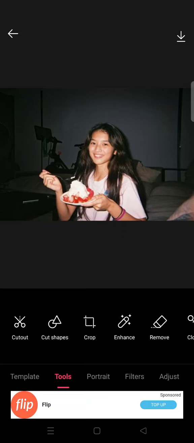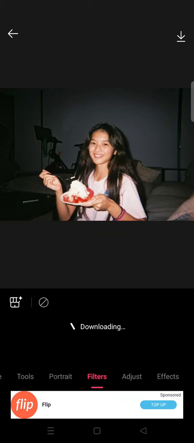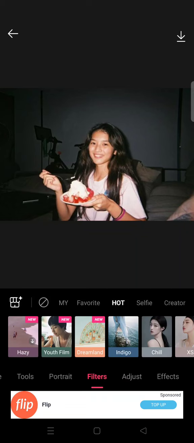So on today's video, I'm gonna show you the analog camera style photo editing tutorial in EPIK photo editor. So here I've already added my image. I actually got this image from Pinterest. So if anyone recognizes this person, I downloaded this image from Pinterest. And you can just add it to EPIK, and then you can just go to filters and then find the